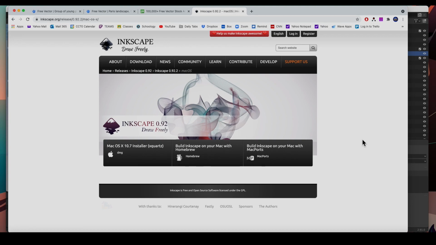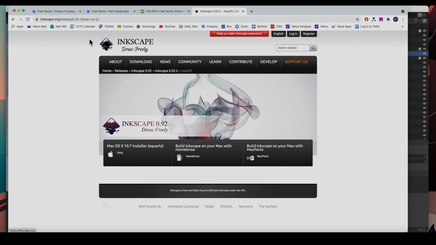Inkscape is a free vector program that you can download, and it's free for Mac or Windows. So I'm using Mac, and I downloaded the Mac version, and I don't use Inkscape. I use Adobe Illustrator, and so I'm used to using Adobe Illustrator, but we're gonna do this in Inkscape. Inkscape is completely free. It's just like Blender. It's open source and it's free.